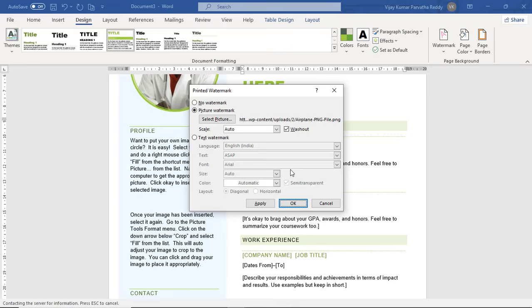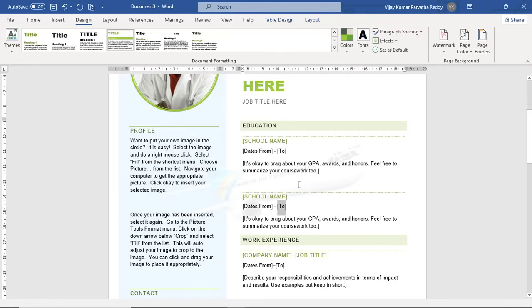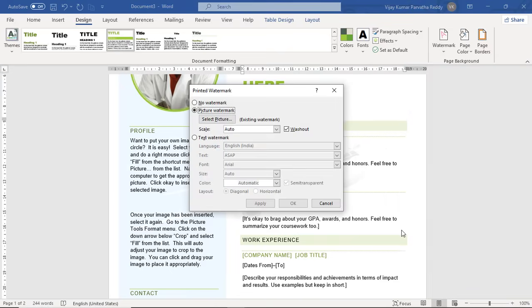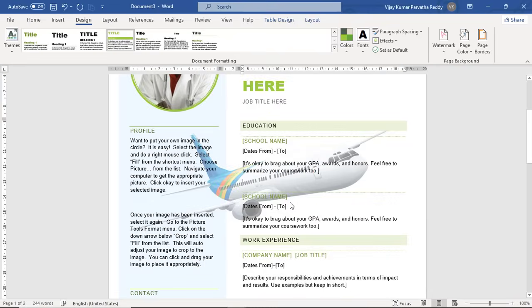So here you can select some more options like washout, etc. So there is a picture, but almost that is washed out. Again go to watermark and custom watermark. So the existing watermark washout option I am removing here and say OK. See, like that we can adjust the watermarks,